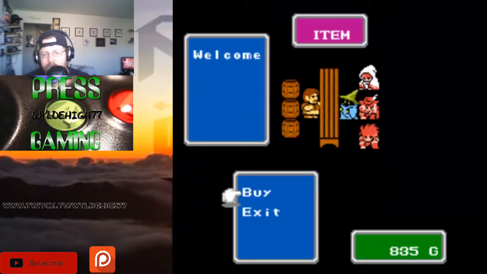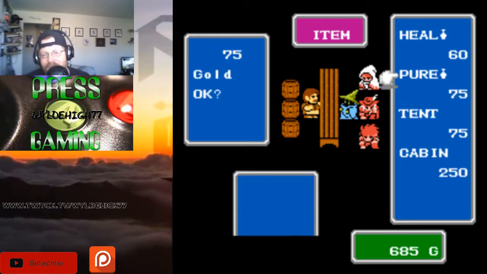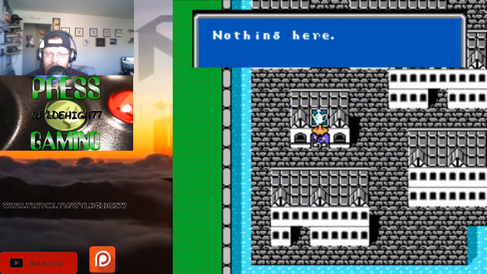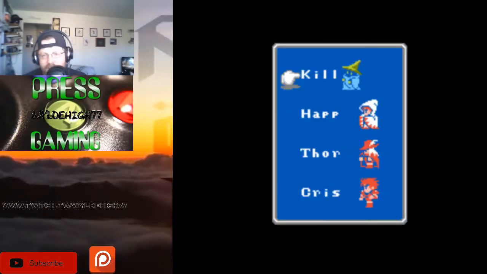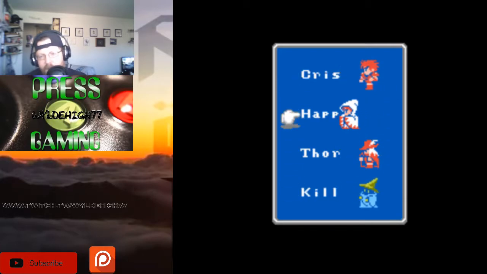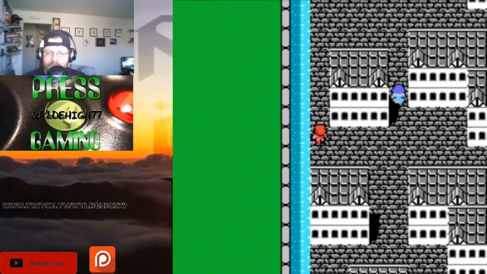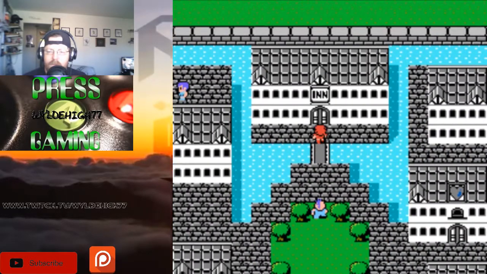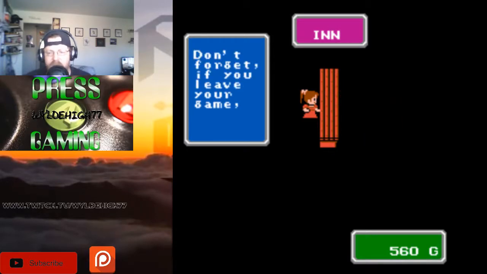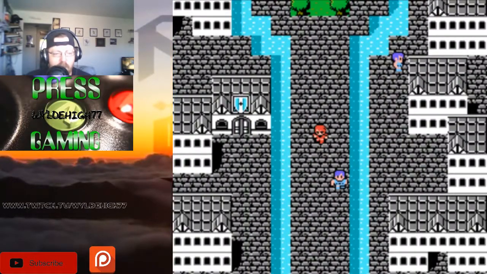Go to the teapot here. Buy. Pure. Yes. Buy. Pure. Wrong button. Item. Pure. Happy. Pure. Thor. Pure. Chris. Then I get to put everybody back where they belong. Alright. From there, to the inn, to a save, and a rejuvenation. Good amount of money though, almost ready for the